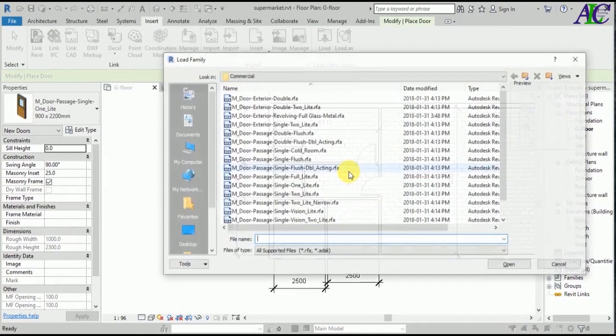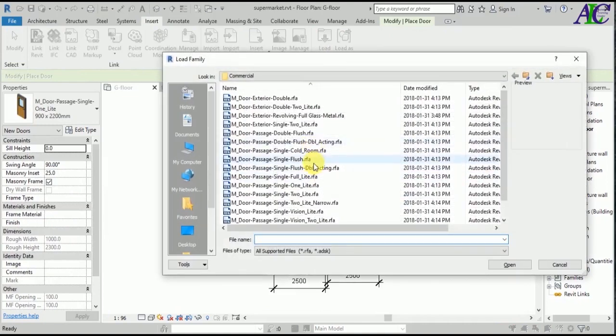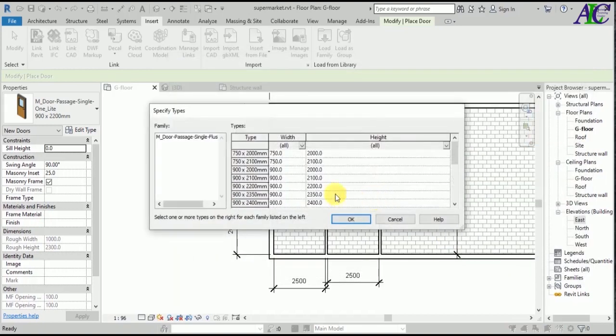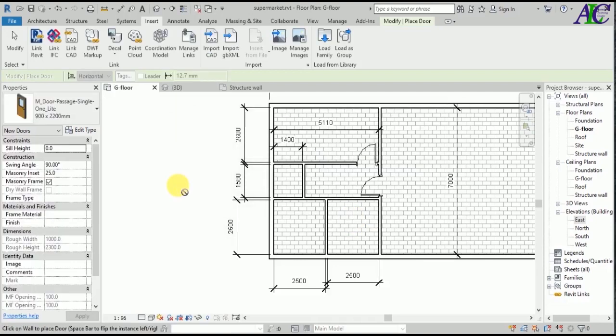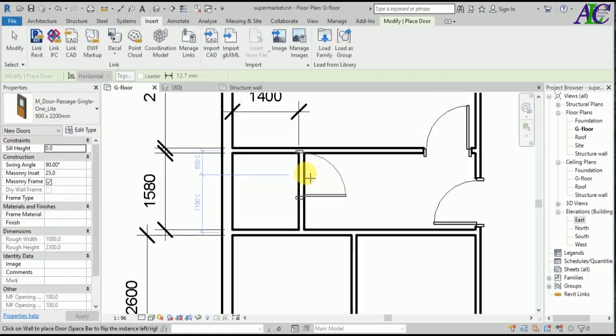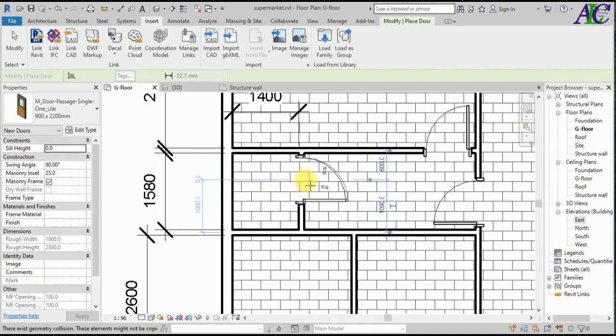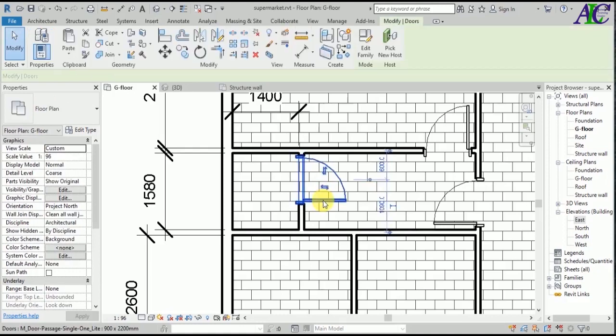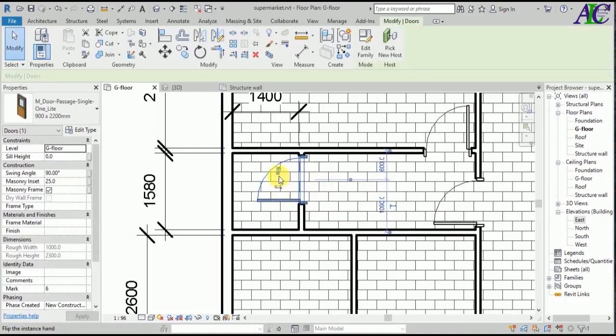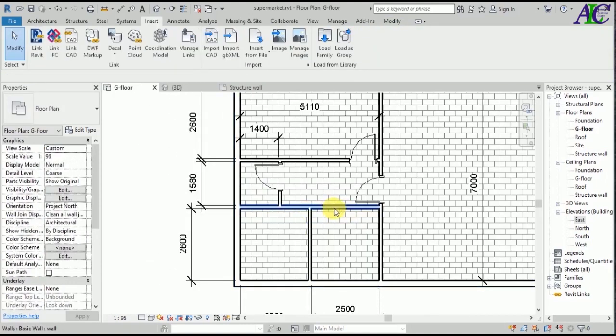again let's go to insert and find a door for the toilet. I'm going to choose this one. Let's choose one like this small one, 75 by 2 meter and 10 centimeter. Let's put the door in here for the toilet, and then of course change the position, how to open. It should be open like this. Okay,